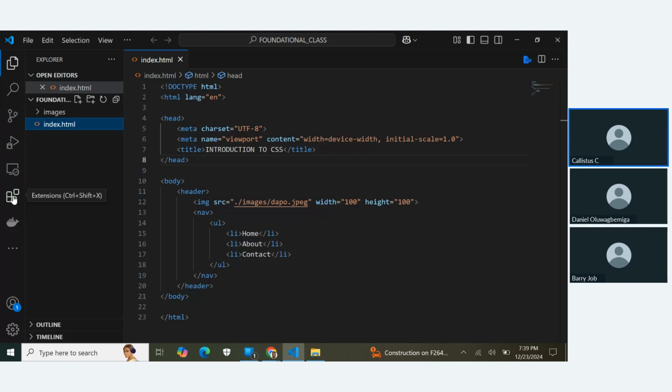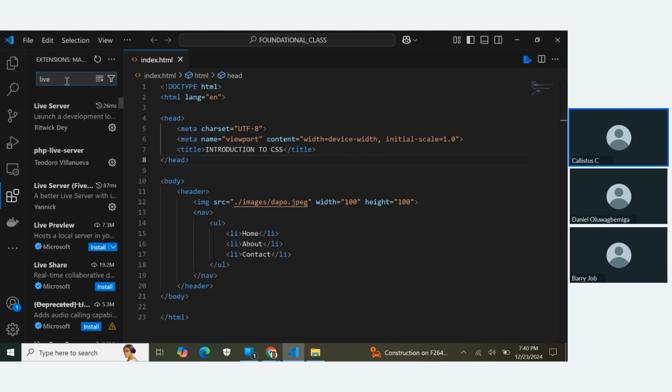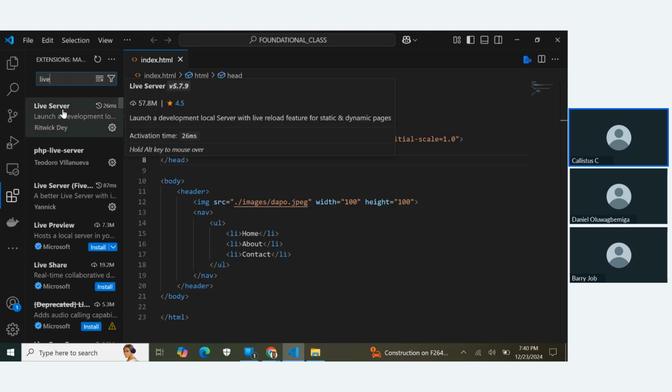You see this icon, it's called extensions. Now, VS Code has certain extensions that enable us to work better as developers. They are mostly used during development, that is when we are building our websites. They help us work faster, smarter, and better. If you click here, you see a bar where you can search for an extension. There's an extension called Live Server. Once you write live, you see it pop up. If you click on it,